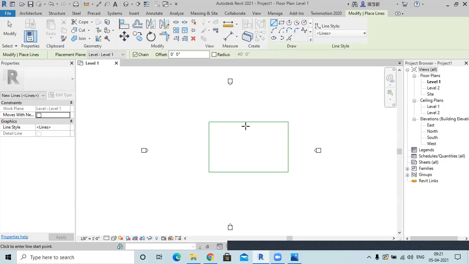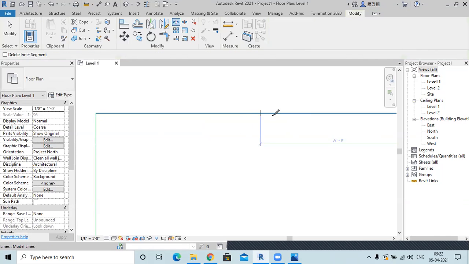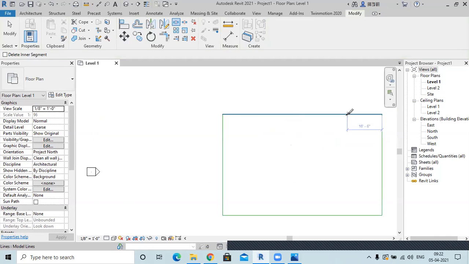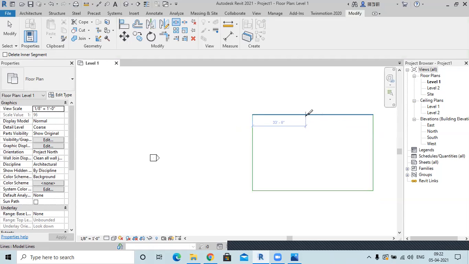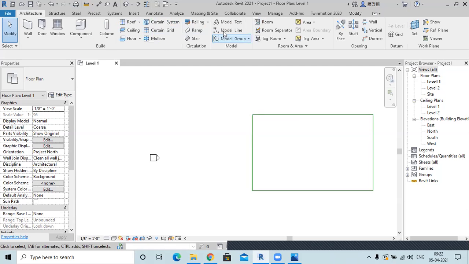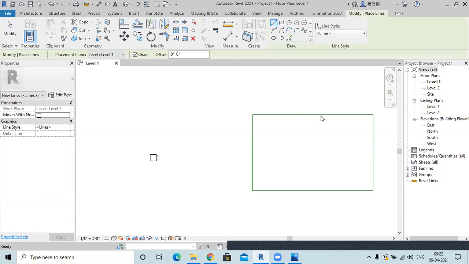For example, now this is a single line. I want to split it from the center, so I'll select this point and move my cursor. Wherever the center is, I can either do this directly, or if I can't find the center, I'll go to architecture, model line, and draw a line from the center like this.